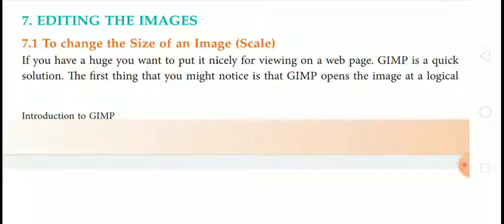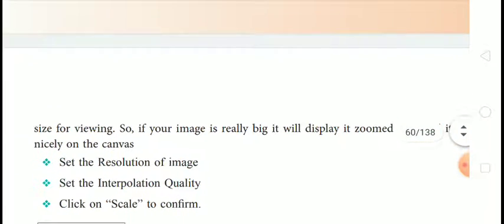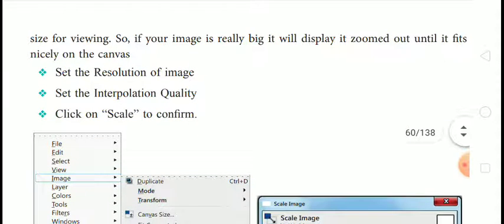GIMP opens the image at a logical size for viewing. So if your image is really big, it will display it zoomed out until it fits nicely on the canvas. Means your image is really big, so it will be displayed zoomed out and it will fit nicely on the canvas.